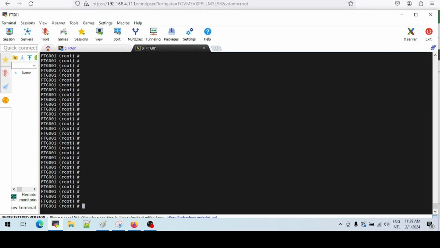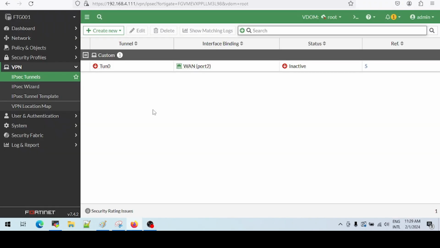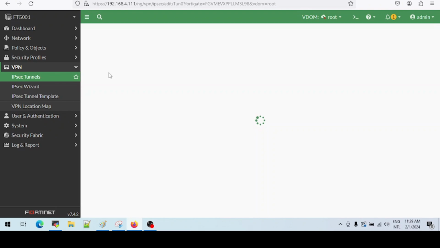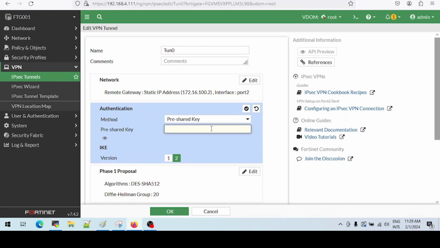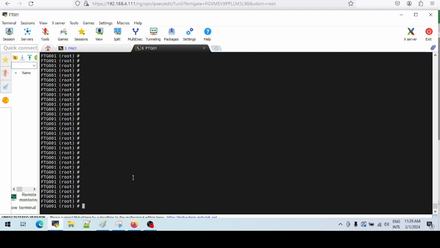Okay, so for our second scenario, I am going to break the authentication. I'm going to change the PSK. Let's go to our VPN interface. Just something random, and before I press enter, I'm going to start our diagnose debug.